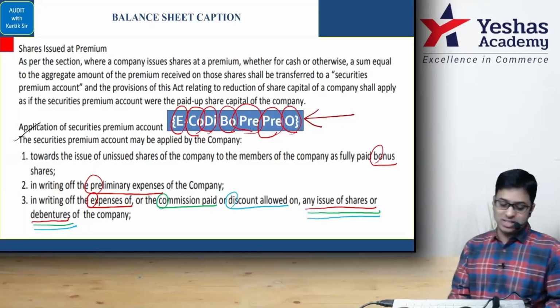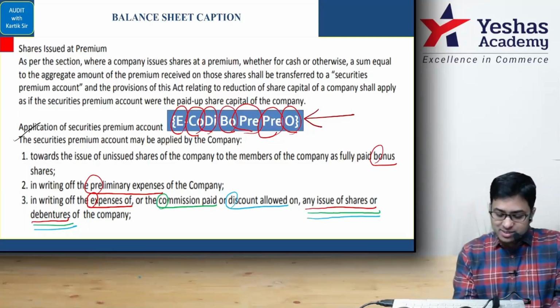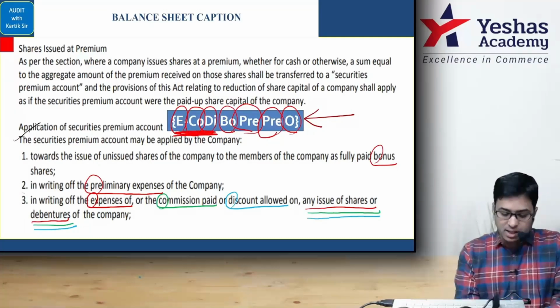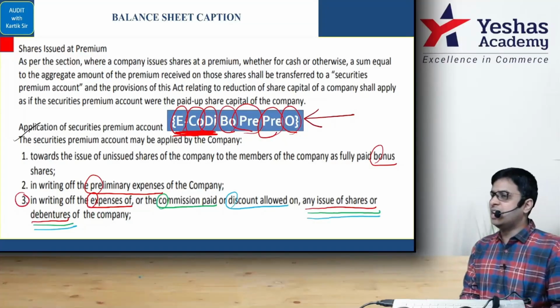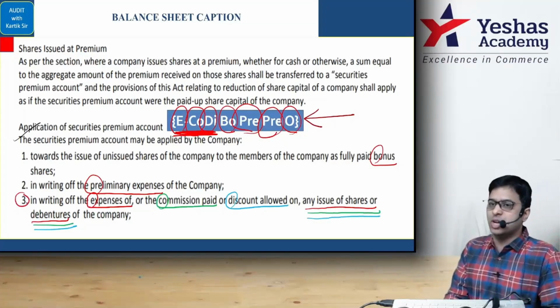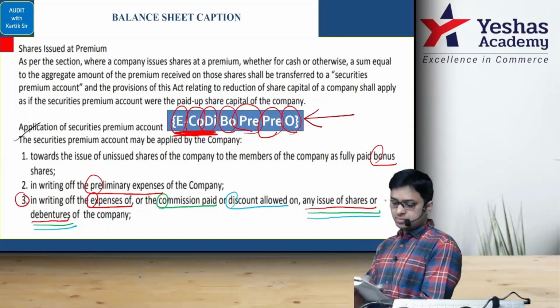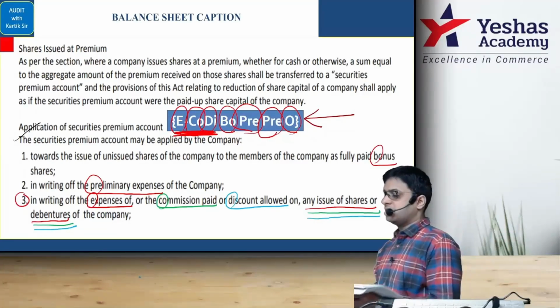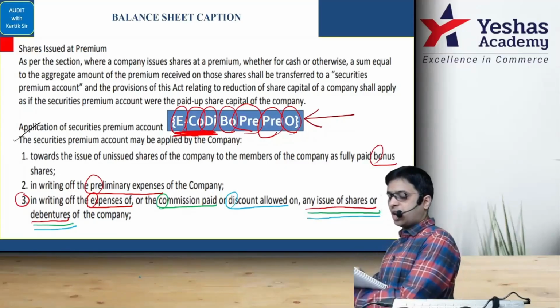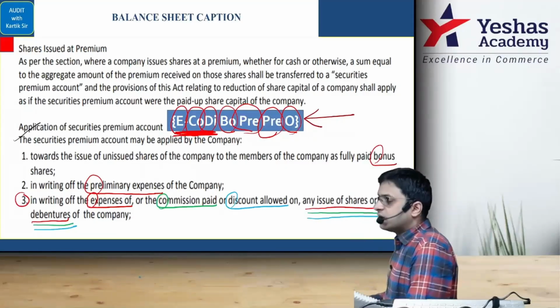For us, my dear student, look at the screen. Icodi. This E code is point number 3. And now I want you all to read point number 3 carefully with me. Look here, see. Or do one thing, go to your book, go to that page first. Go to page number 106, where you can also take the marking. There you will see a heading called application of securities premium account. Can you see that? At the top, securities premium account, where it is written, write the next question number.